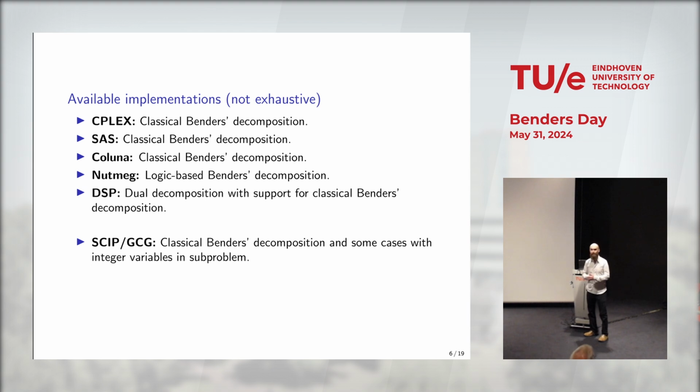So CPLEX, I was a bit disappointed with CPLEX. They beat me just before, so they got their implementation out before I got SCIP out. But then, they have a classical Benders decomposition implementation, and they only consider the case where you have, I guess, a continuous subproblem. SAS, in their last version, I think, have just recently released a Benders decomposition framework. They used to have a framework for the Dantzig-Wolfe reformulation, and now they've extended that for Benders decomposition.